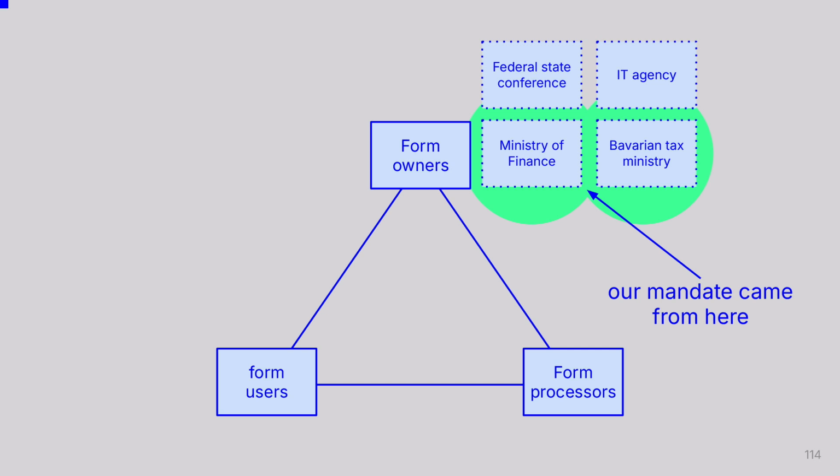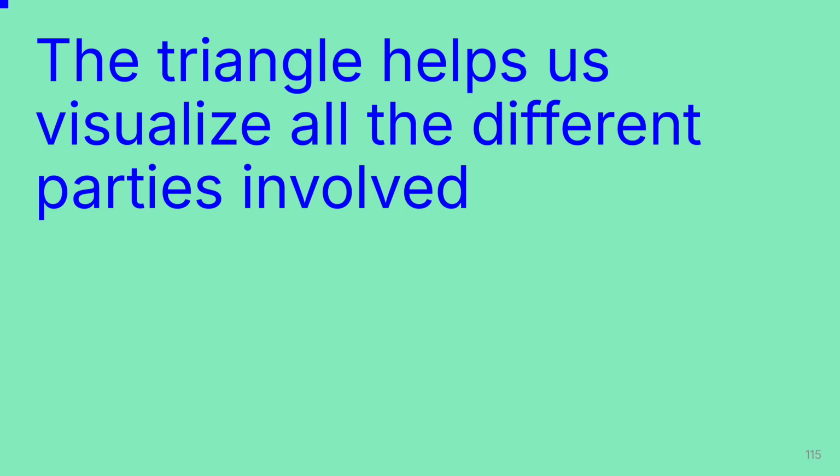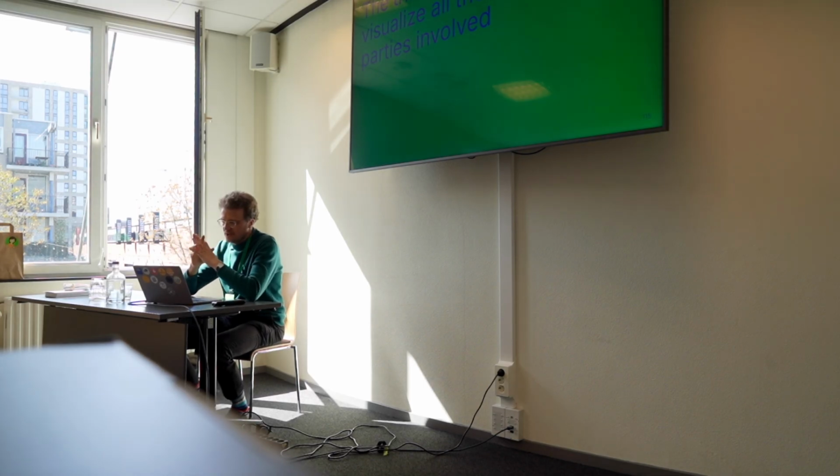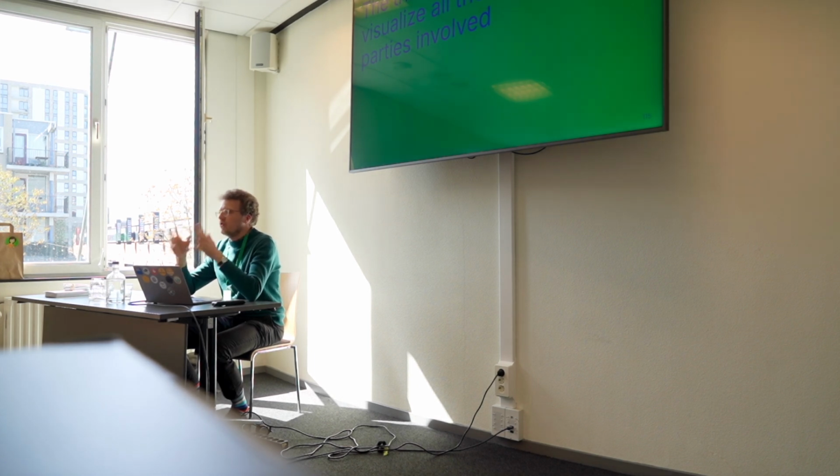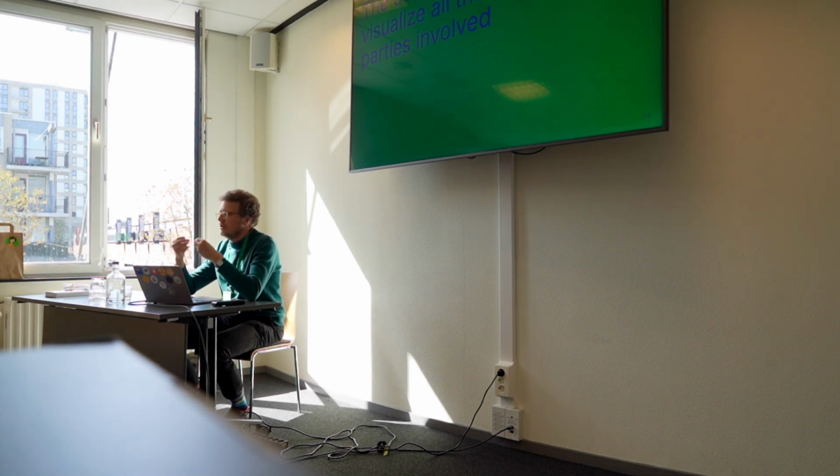So the triangle really can help us to visualize all the different parties who are involved. You could say it's just a stakeholder map, but it's a more concrete version of showing who is really